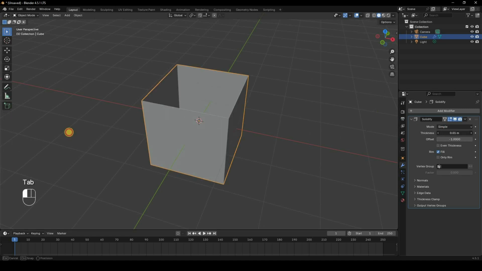So I can increase the thickness from the thickness option over here. As you can see, it's adding thickness. The offset is -1. This means that it's adding the